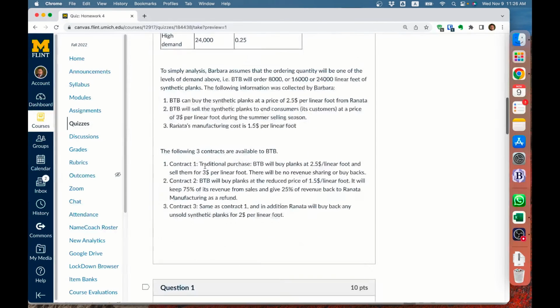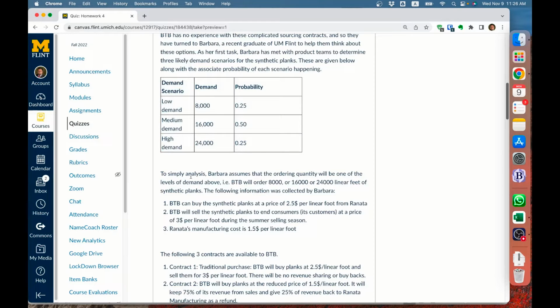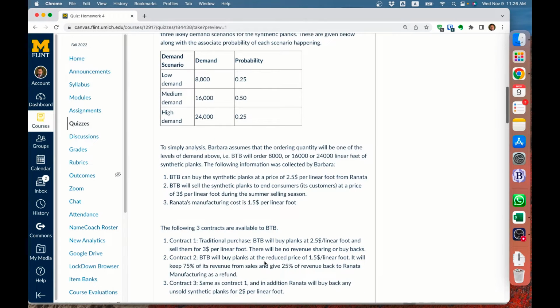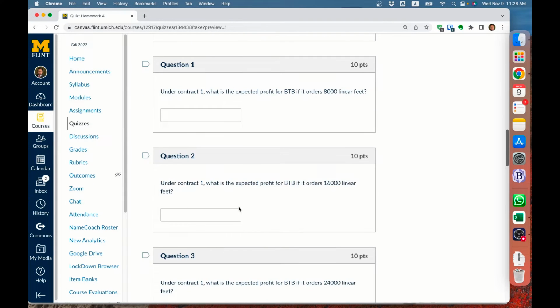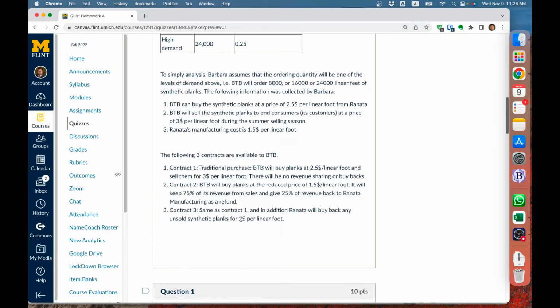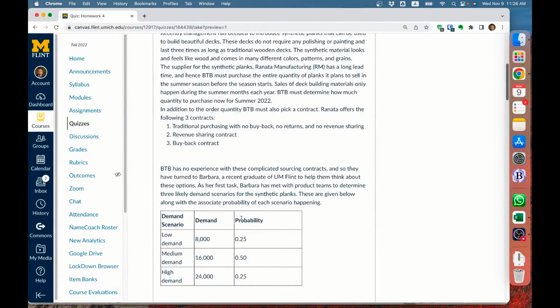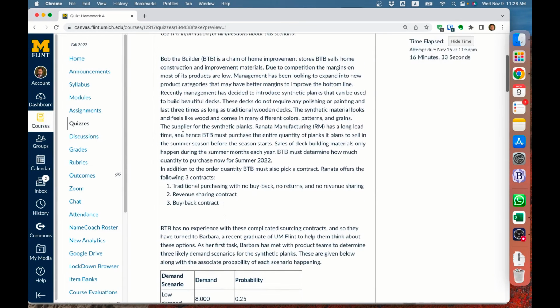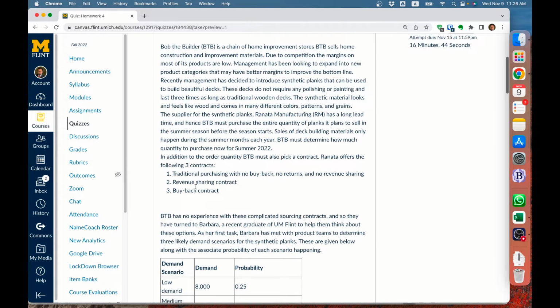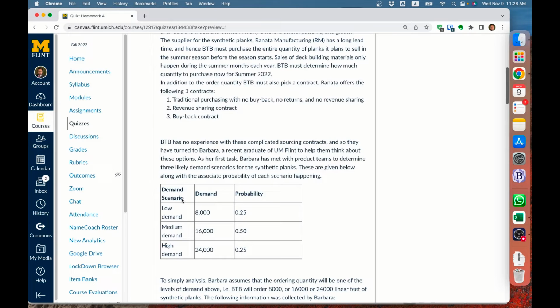Okay, so we have some data about demand, we have some data about the 3 contracts, and then we have to find things like what will be the order quantity and what will be the profit for each of the 2 parties, the retailer and the manufacturer, and the total supply chain profit. Whenever you have to analyze a sourcing contract situation like this, especially using the tools we are going to use, what-if analysis and simulations, you need to have some data